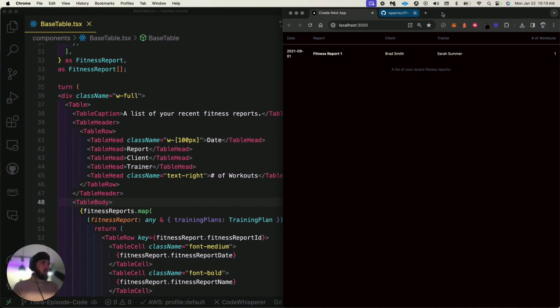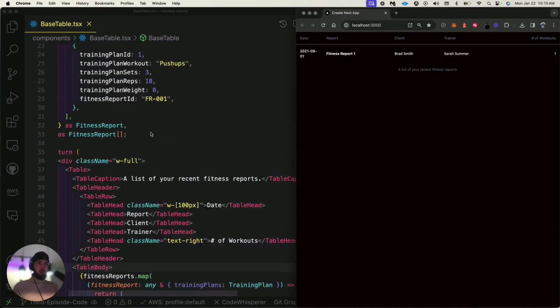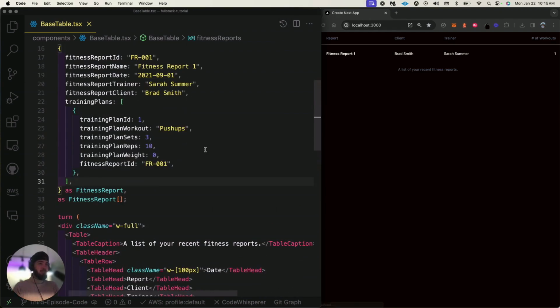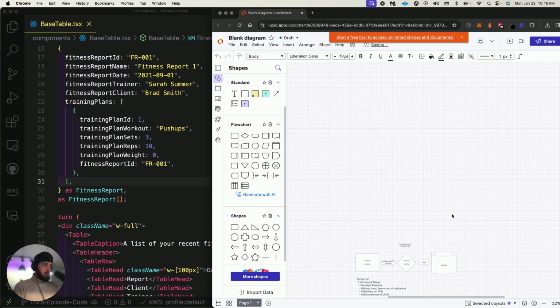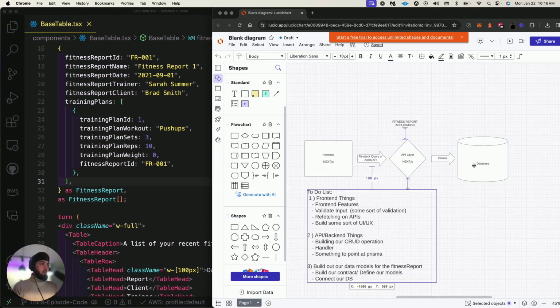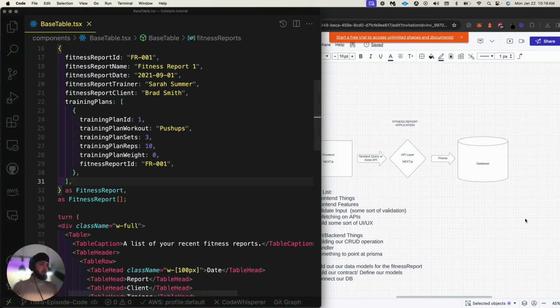Let's continue our progress. So we just have one report now. We deleted the other one just to get the type safety. If we pull up our Lucid chart, it's kind of what we built for right here. Let me delete this and let's zoom back in. We built these two right here, and let's build that API layer now where we can access this data. And let's get some data in the database. We might have to wait for the next episode to do that,